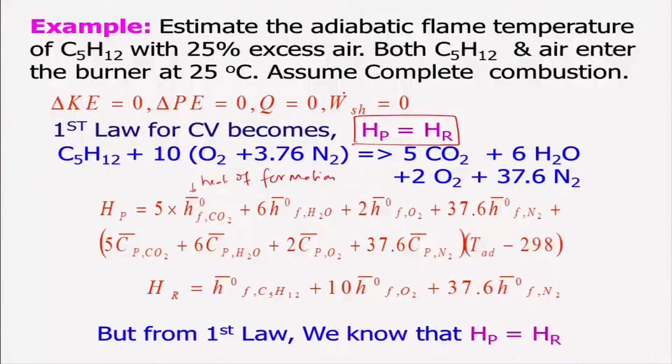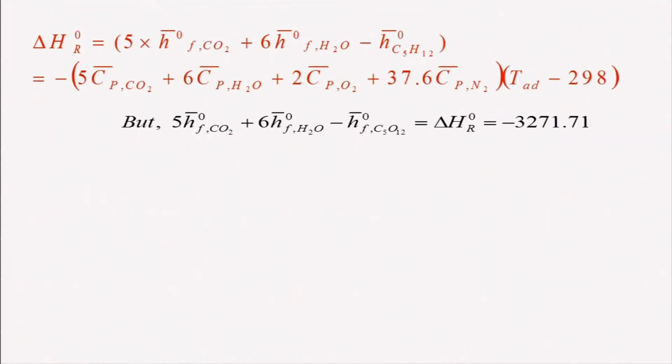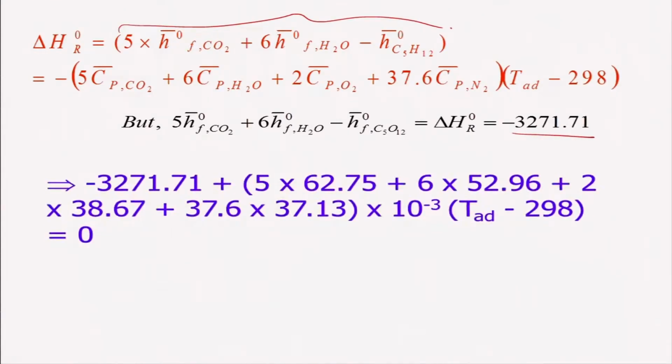So, we know that H P is equal to H R, and we will just do that, and when we do this, we will find that H R is equal to this portion, which is equal to the sensible enthalpy, and this H R naught is 3271.71 kilojoules, right. If you just do these values over here and put these average values of CPs corresponding to certain temperatures,